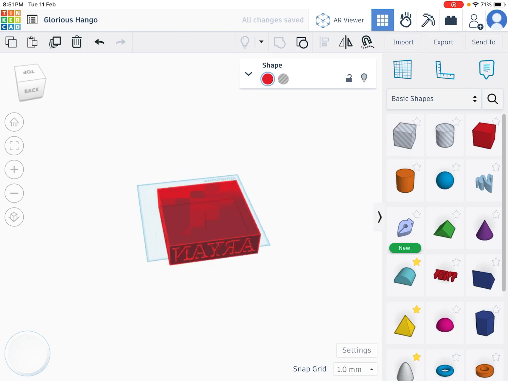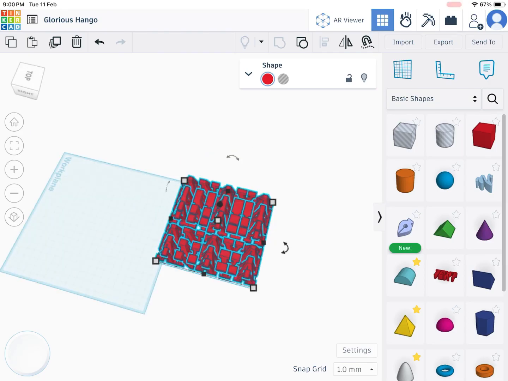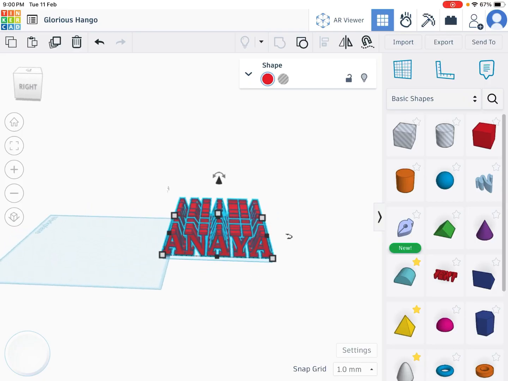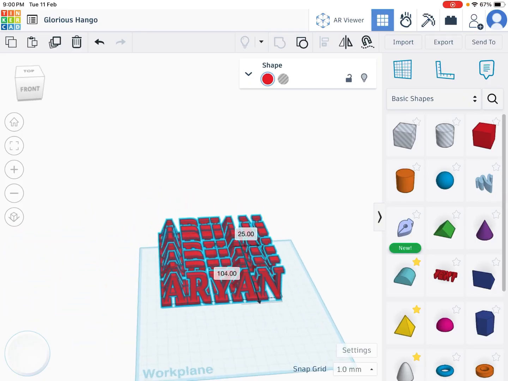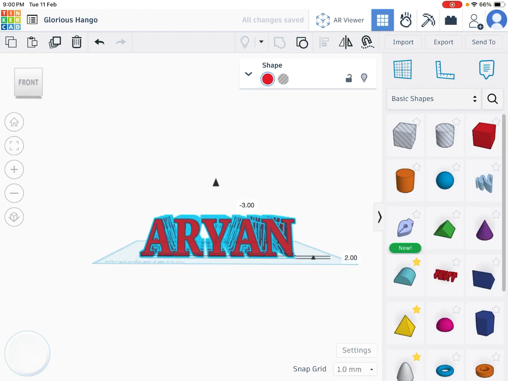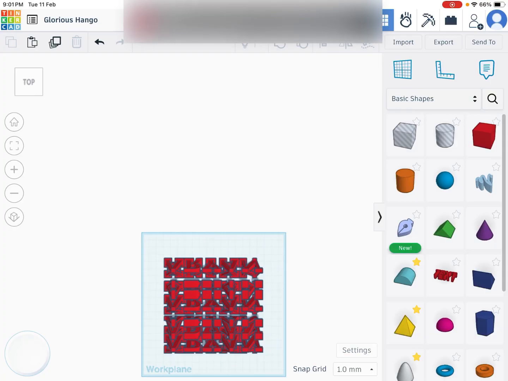If you're using a PC, you can press Ctrl G. Now it's going to load for some time. After grouping, you'll get something like this. Drag it to the workplace and just make sure it is touching the surface, and then click the top